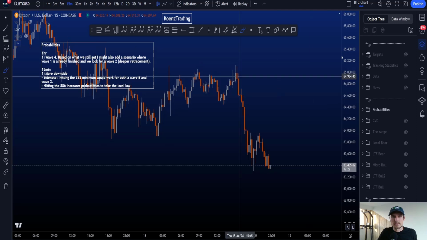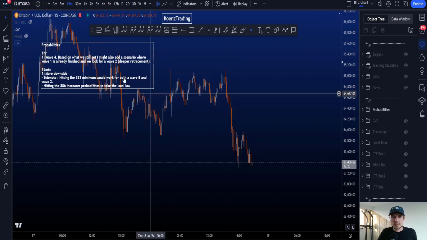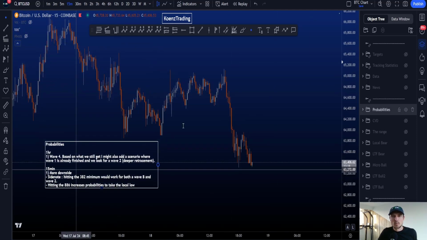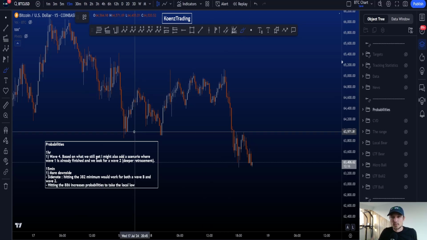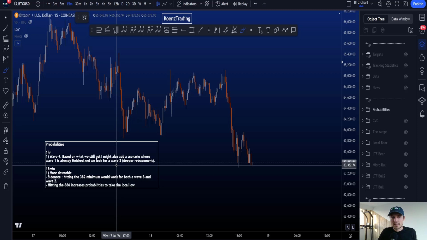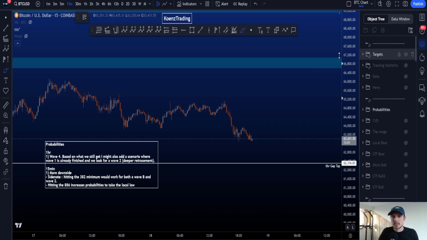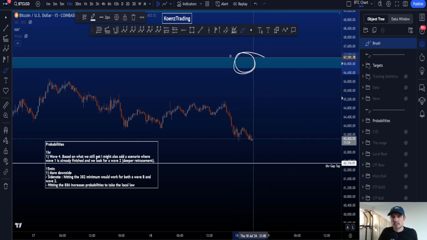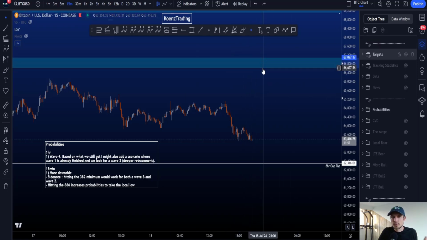So if we then look at the probabilities of the different scenarios, then on the 1 hour time frame, at the moment still we're looking for a wave 4 to form. Based on what we still get, I might also add the scenario where wave 1 is then already finished and we're looking for a bigger wave 2 towards the downside. I do think still a wave towards the upside is interesting because of the resistance we have over here, the blue box between